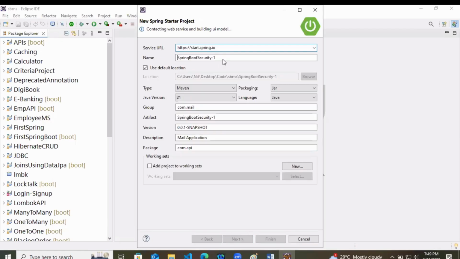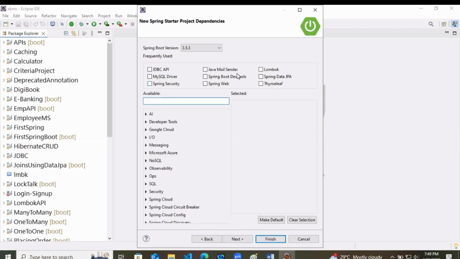So we will create a project that is Spring Boot JWT, and we are not deploying it. So Java 21 we will use, and com.jwt is the group ID. Com.jwt is the package name.